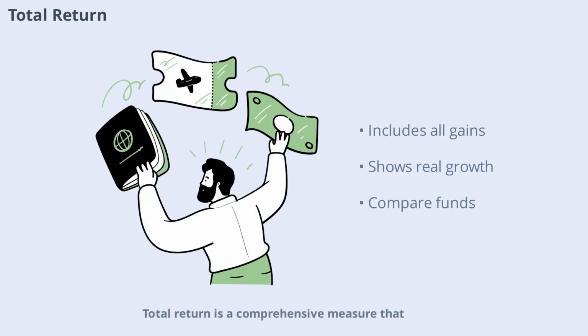Total return is a comprehensive measure that includes all sources of a fund's performance: capital gains, dividends, and interest. It shows the overall growth or decline of your investment over a specific period, usually expressed as a percentage. Total return helps you understand the real-world results of investing in a fund, beyond just price changes. By comparing total returns across funds, you can see which ones have delivered the best performance after accounting for all